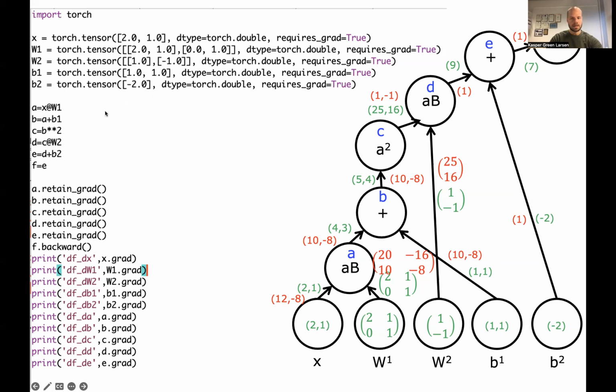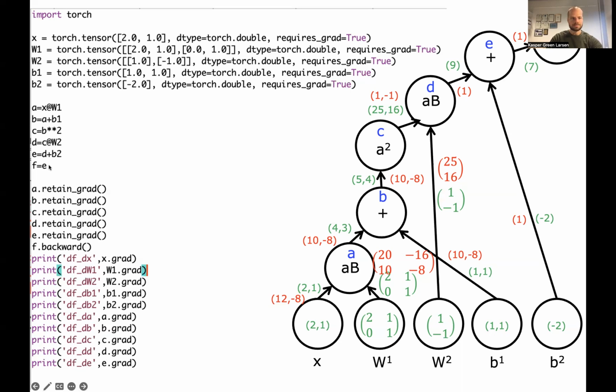So the forward pass is: the A node computes x times w1, the B node sums a and b1, the C node squares all the entries of the input b, this is entry-wise squaring in PyTorch and NumPy. D computes the product of C and w2, E computes the sum of D and b2, and